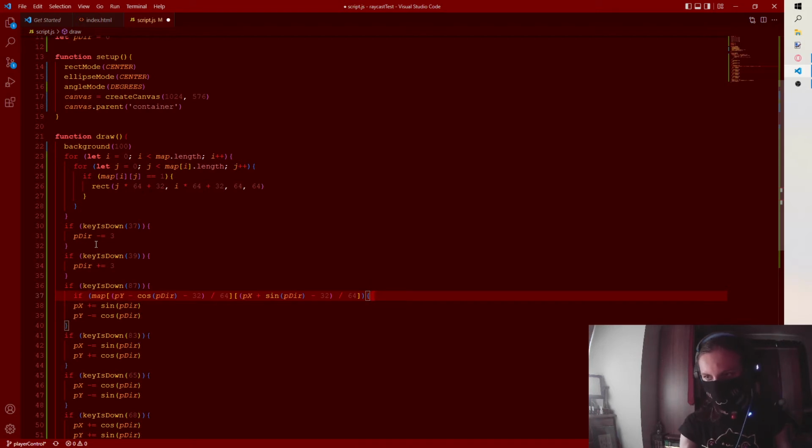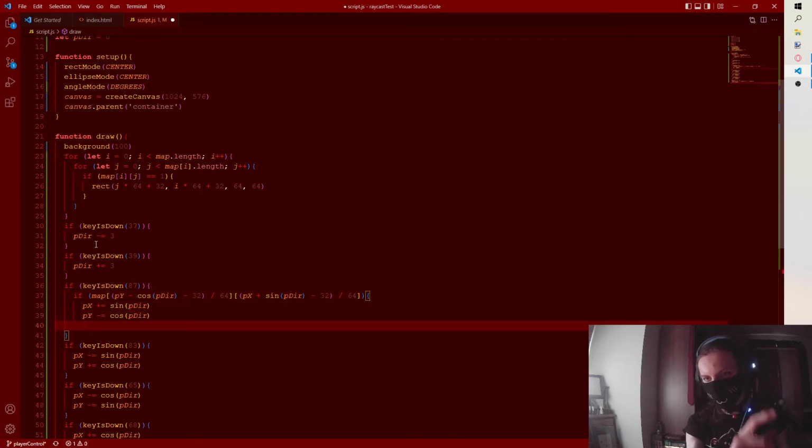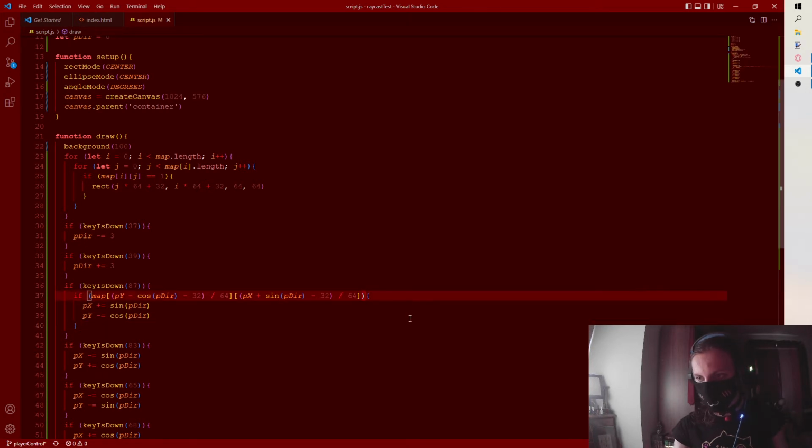So if the place where you end up, or if the place where your top left corner, no, where your center ends up is not equal to 1,